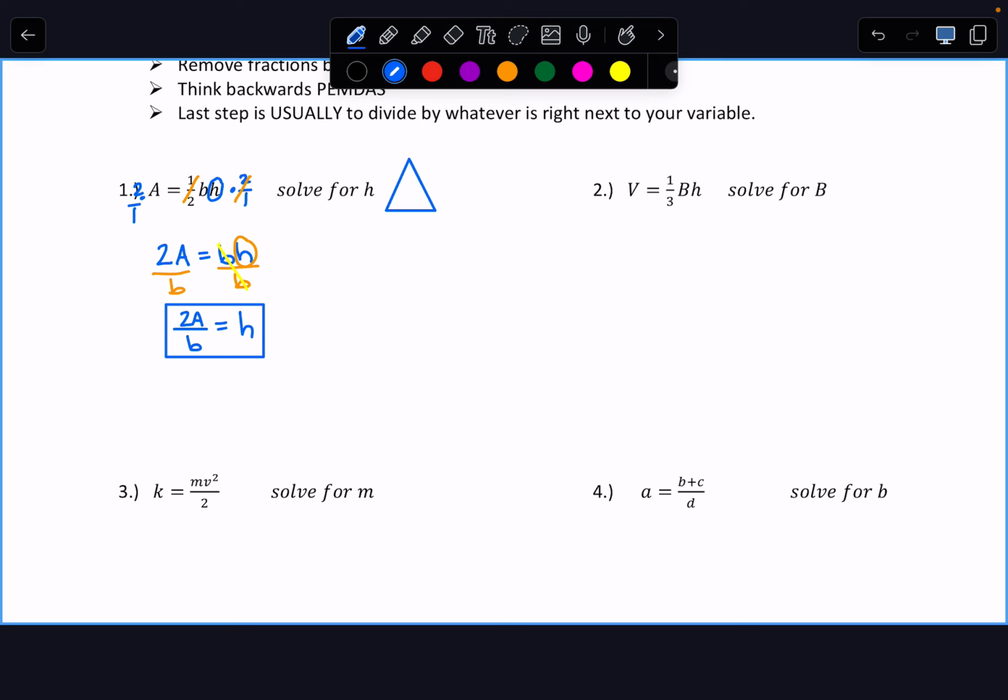How about you try 2 and 3 and stop? Just 2 and 3 and stop. We'll talk about them together, but let's just see what you can do. Number 2 looks a lot like number 1. Try it. Solve for